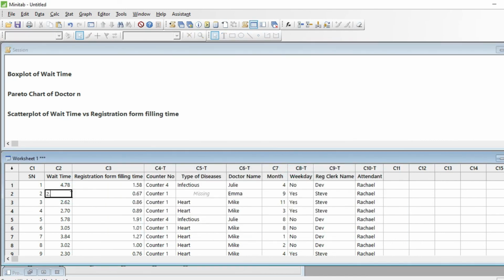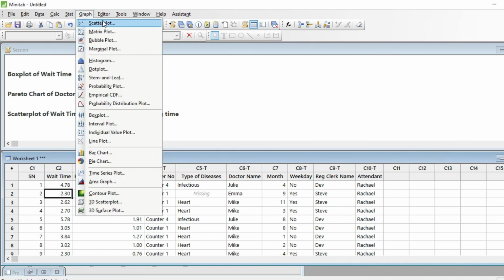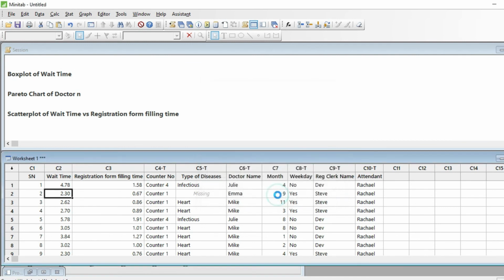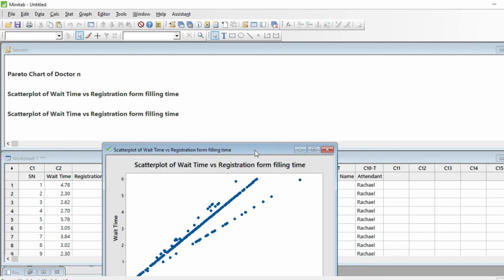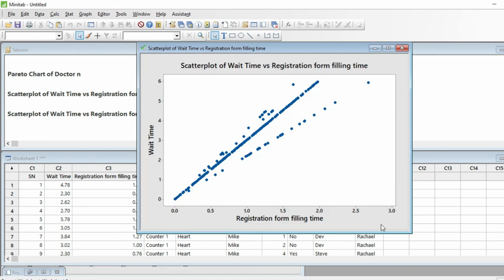So this probably looks like this because there is an outlier here. So I'm just going to change that outlier which we did earlier, and I try to run this scatter plot once again, and I click on simple and just select these values once again. I click OK. Yeah, now my scatter plot looks much better. Now if you see, you can clearly say that there is a strong positive correlation in this scenario.